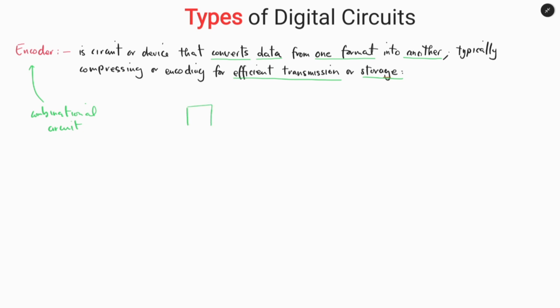We can have one data and we can have another data, and this data can be the information, and this data can be the compressed information,